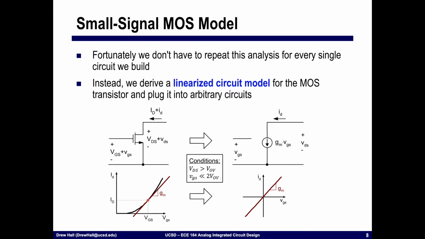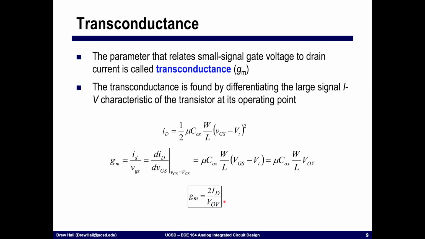Given these conditions, we can create a linear small signal model of this otherwise nonlinear device. The parameter that we use for this is called the transconductance. This is the gm. The gm is found by differentiating the large signal IV characteristic of the transistor around its operating point. And so if we take this ID expression in saturation and we calculate its derivative with respect to VGS,